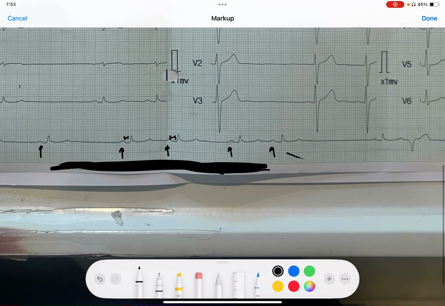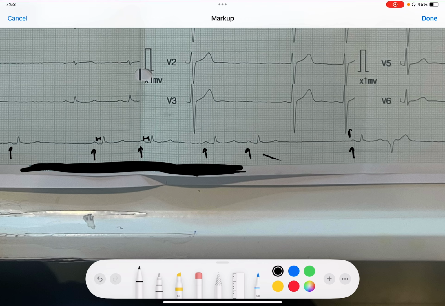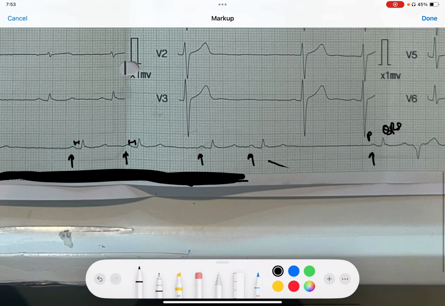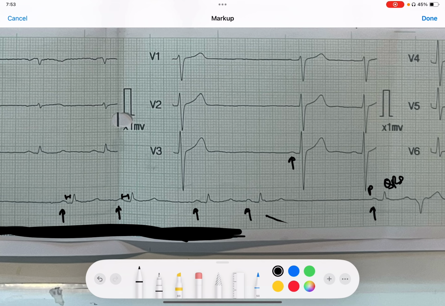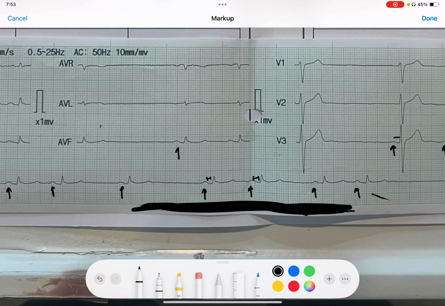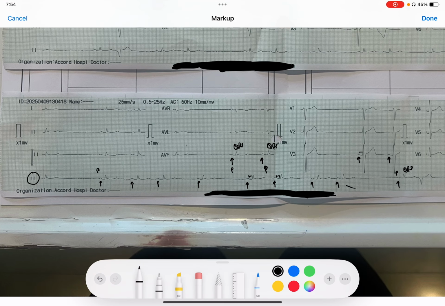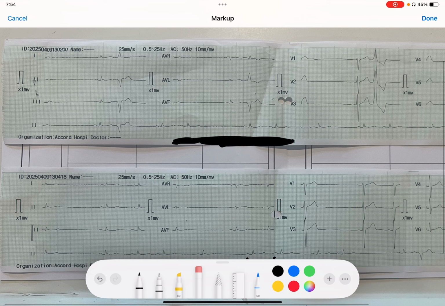complexes. If you can see here as well, this is P and this is QRS, and the PR distance is pretty constant. Here also we can see a P wave, and the PR distance is almost constant. So almost all the QRS complexes are preceded by P waves. So it is for sure a sinus rhythm, meaning each and every QRS is compulsorily preceded by P. Or in short, each and every P is followed by a QRS complex, meaning this is a sinus rhythm for